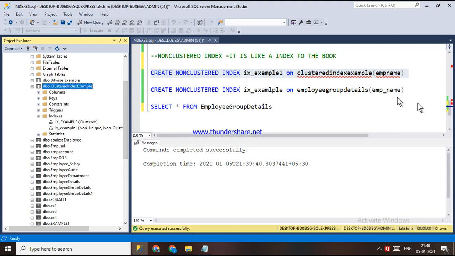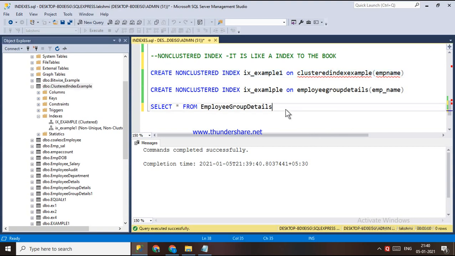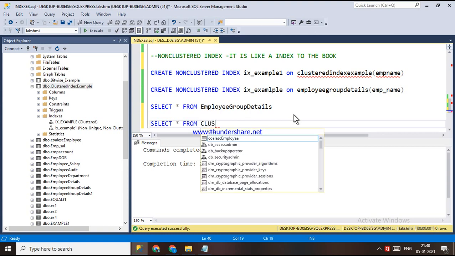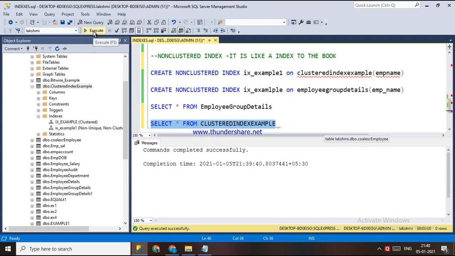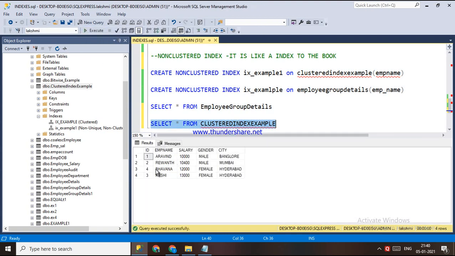If we select the data, select star from the clustered index example, see, this is the data.